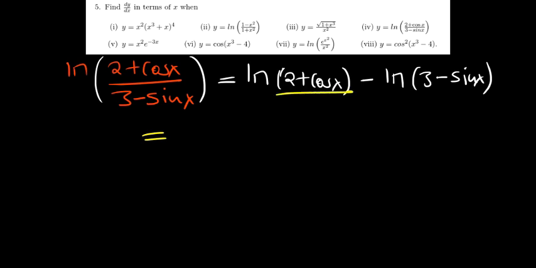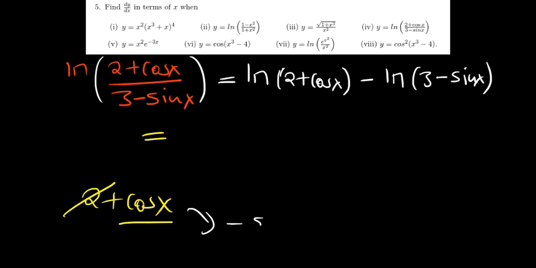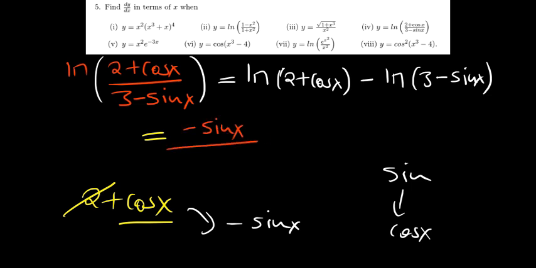So what's the derivative of 2 plus cosine of x? You know that the derivative of a constant is 0. Now the derivative of cosine is negative sine. Okay, the derivative of sine is cosine. Take note of that. So the derivative of cosine is going to be negative sine over the original, which is 2 plus cosine of x, and then minus,